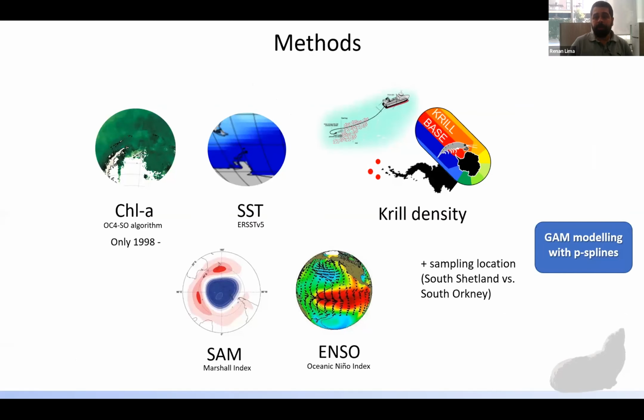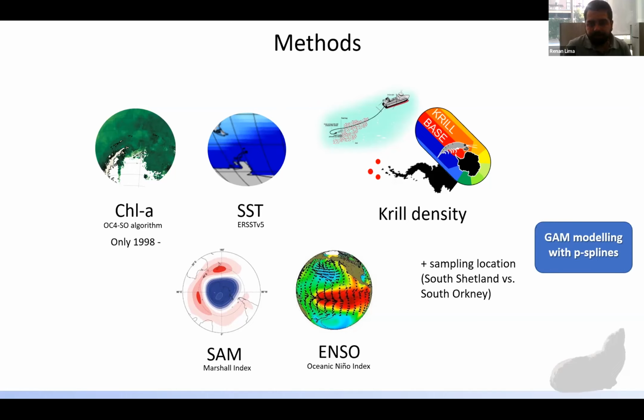So we also constructed a database of environmental variables that could potentially affect Antarctic fur seal foraging, such as chlorophyll A, sea surface temperature, krill density, and climate indexes, such as the Southern Annular Mode and the El Niño Southern Oscillation. And we modeled the relationship between all these variables and also the origin of samples, which would be South Shetland or South Orkney Islands, and carbon and nitrogen values of GLGs using generalized additive models with penalized regression splines as